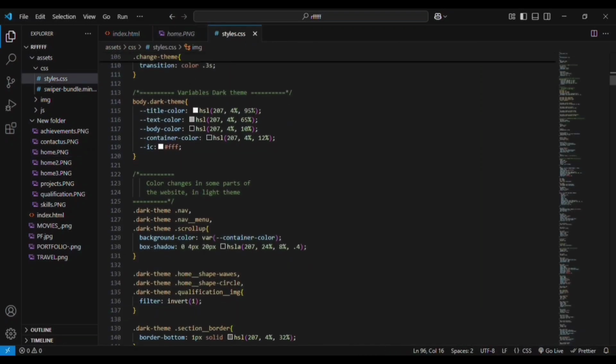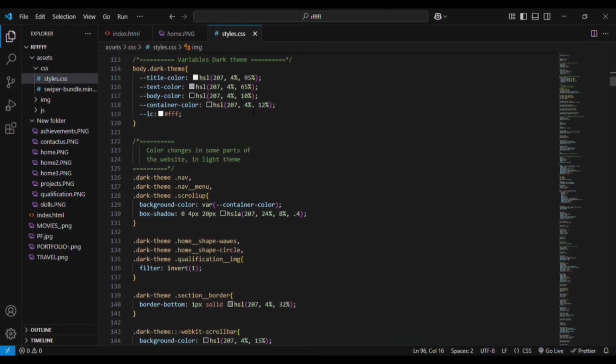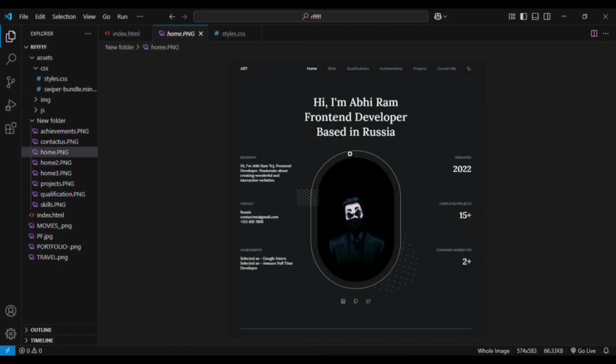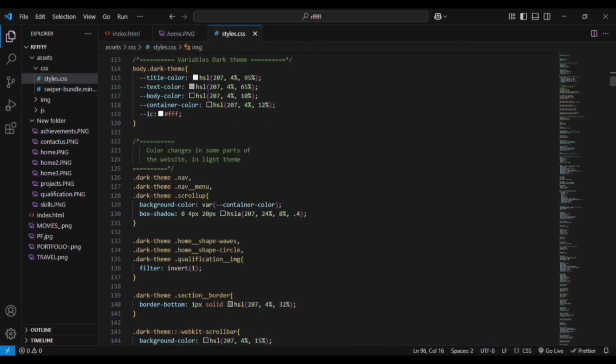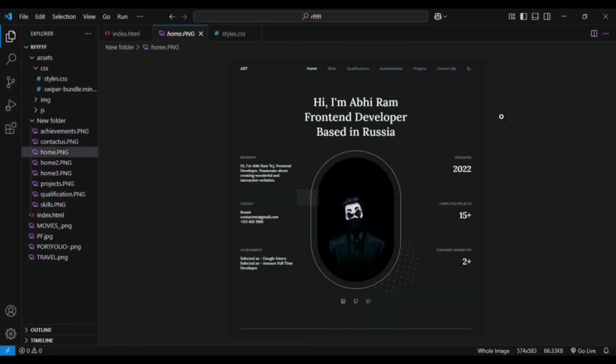Then for the dark mode, this dark mode is nothing but whenever you click on this button, it will change into dark mode, right? So the dark mode should have different colors than the light mode colors. Whenever you click on this menu icon, you have this theme change moon icon, right? So whenever you click on this icon that is located at the top, what will happen